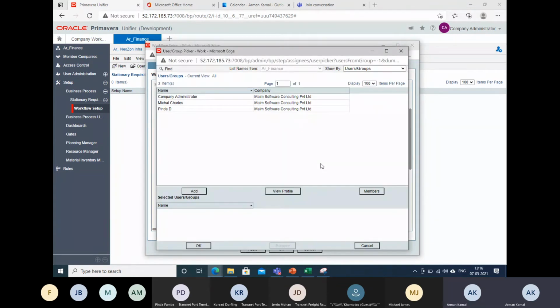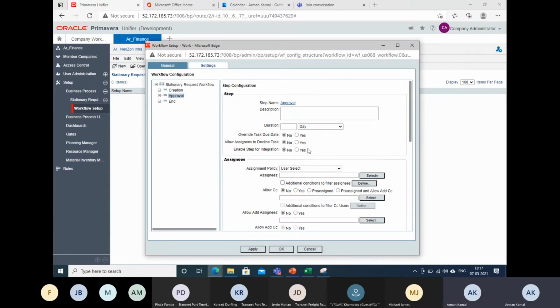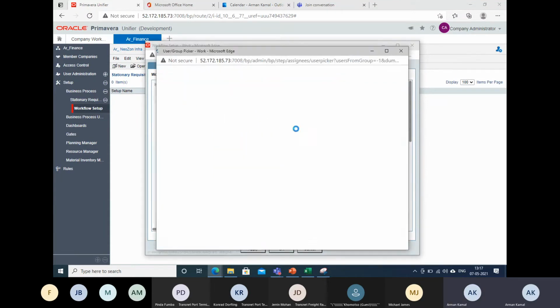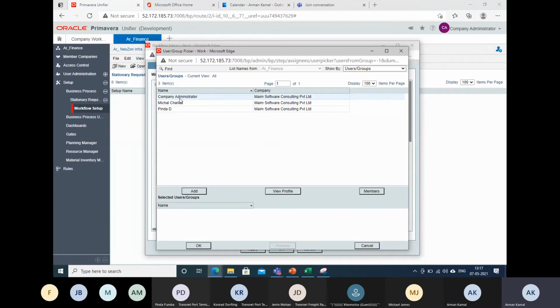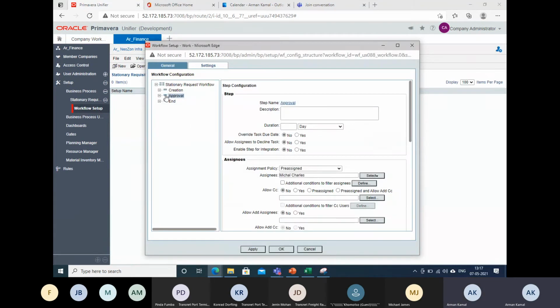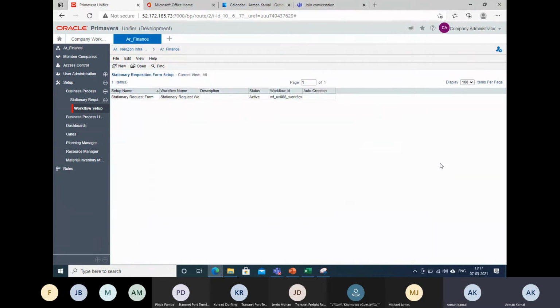I can see there are 3 users already added. So let me use Pinda ID as the one who wants a stationery to be requested. Now approval, who will do the approval? I am making it predefined to Michael. Yes, Michael Charles. I will click OK. And for the end, you don't need to define anything. Click OK. So I have configured it for Pinda, the finance department and Michael.